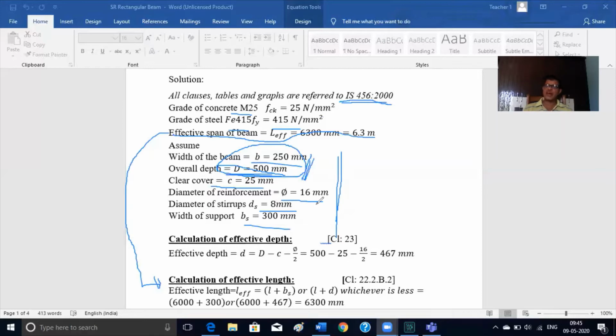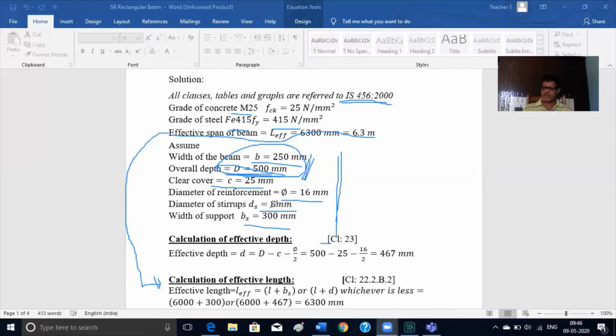So if loads are very large, if you get large cross sections, you may go for a higher diameter of rod. If the load is less, span is less, then you can go with 16 mm bars or 20 mm bars. Sometimes you can also go for 12 mm bars as the main reinforcement, but main reinforcement shall not be less than 12 mm bars.